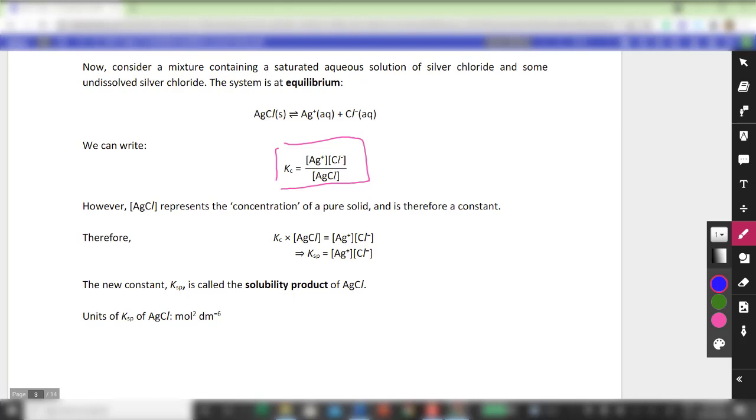Because the density, essentially the concentration of a solid, is its density in terms of moles per dm cube. Of course, density can be in terms of grams per dm cube, because it's the mass per unit volume. But in this case, the concentration of a solid is taken to be a constant because a solid has a fixed density. So when we shift the AgCl so-called concentration over to the left-hand side, we actually get a constant,